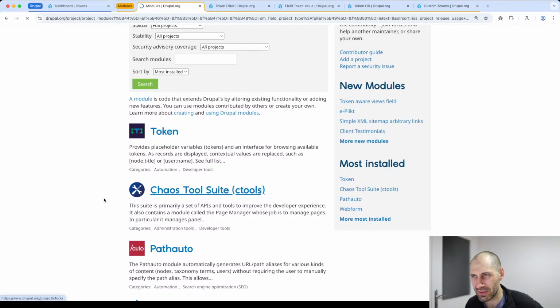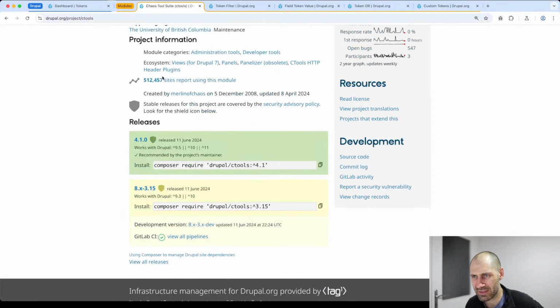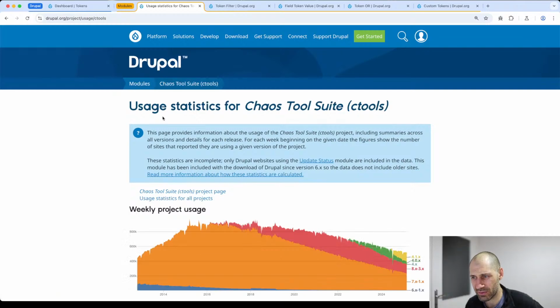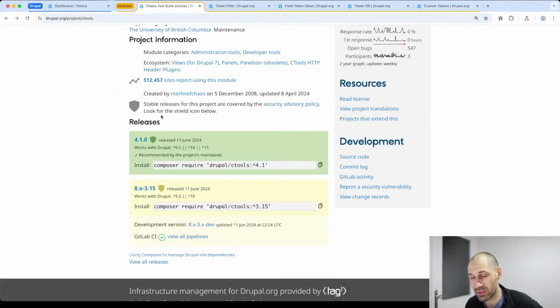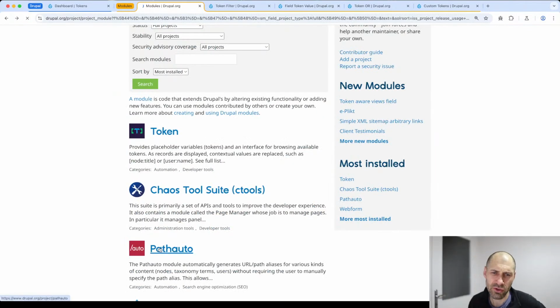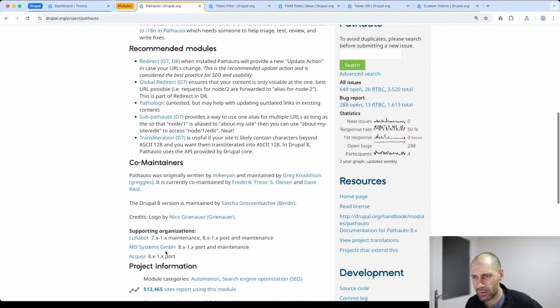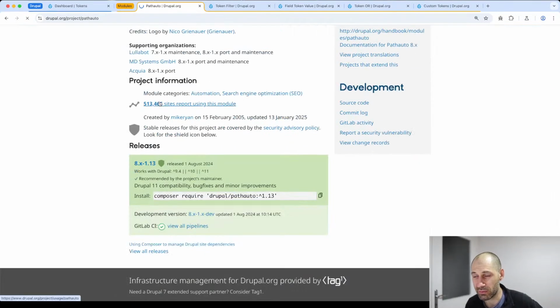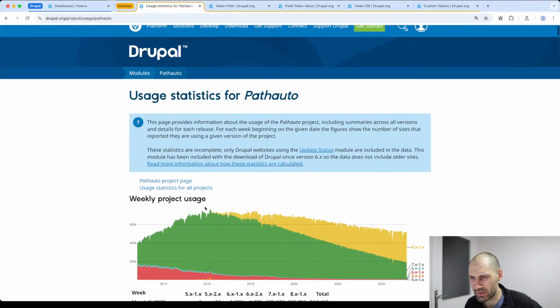C Tools. Do people still? Oh, okay. Let's have a look at C Tools. I was going to say if people still use that. It's going down. And of course, Path Auto. Use Path Auto pretty much on every single Drupal site as well. What about this one? This will give you better representation. Oh, it hasn't dropped that much. Anyway,